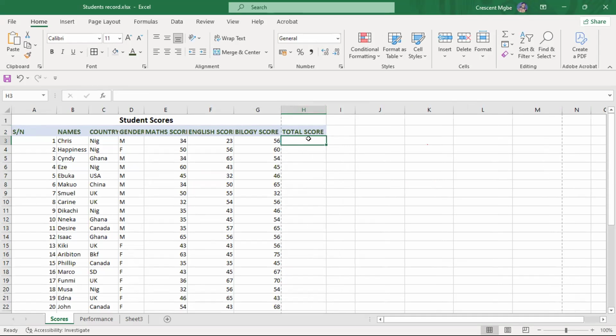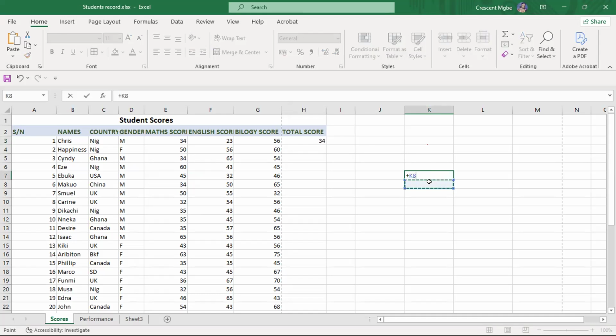So I can easily just come here and say, okay, the score of this student is equals to, of course, to get the score of Chris, obviously it is to add their score in maths, plus, okay, before I explain this, please know that in Excel there are the different operators that you're going to be using. Let me remove this. You have, I don't know. Okay, the first one will be plus,